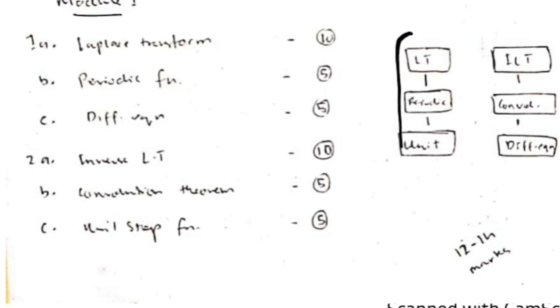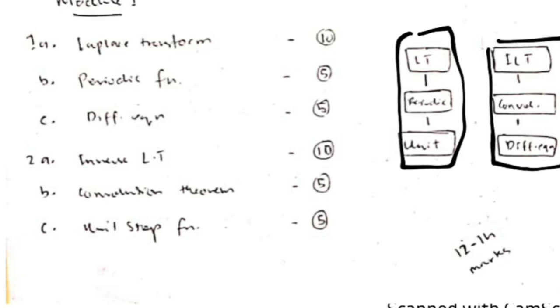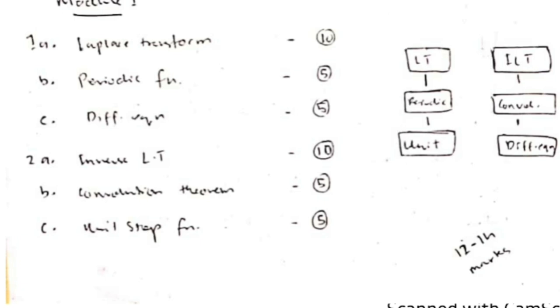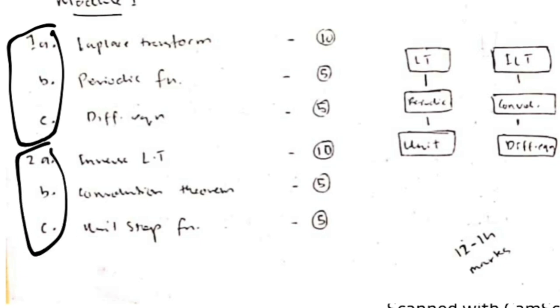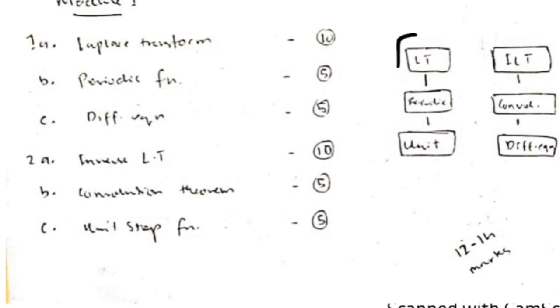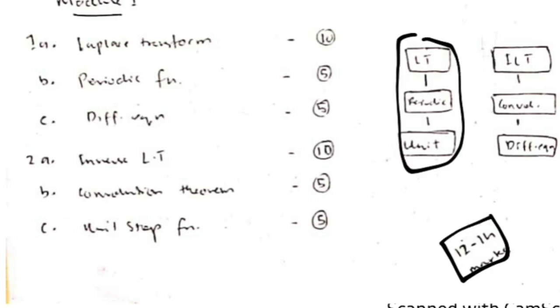See, in Laplace transform we have these 3 topics, and in inverse Laplace transform we have these 3 topics. So these 3 topics are interconnected, because one has no inverse Laplace transform, and these 3 topics have the inverse Laplace transform in each of them. Okay, so either go with this or this. Okay, see here, 6 questions will be asked, and we have 6 options, which means 6 topics are there. So most probably the questions will be asked from each of these, or any question can be repeated also. So if you study any of these 3 topics, you can score 12 to 14 marks very easily.